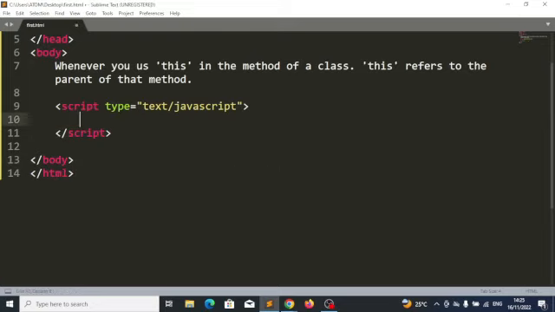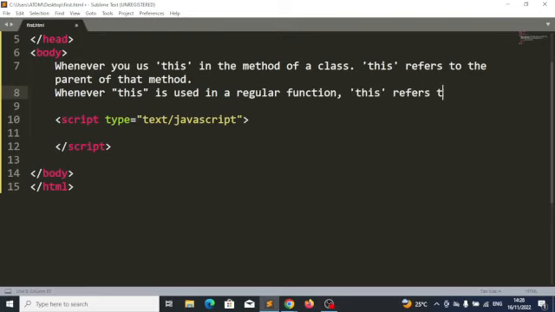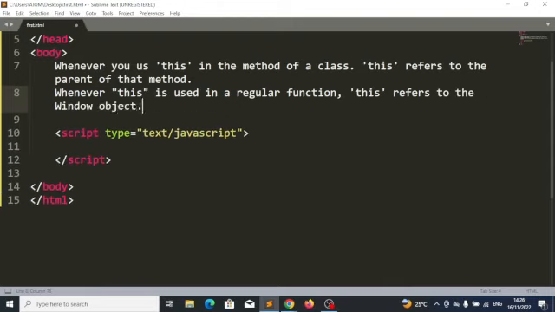Next is this. You also need to know that whenever this is used in a regular function, this refers to the window object. Let's look at this one. Now, a regular function is your ES5 function. So whenever you use this inside your regular function,